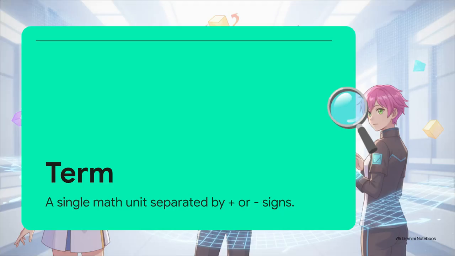It's also super important to remember that terms are only separated by addition and subtraction signs. You can think of those plus and minus signs as structural boundaries or actual walls in your math sentence. Multiplication and division, they act like cohesive glue, binding numbers and letters together into a single unit. So something like 8xyz is literally just one single term because it's all glued together by multiplication. But the moment you drop a plus or minus sign in there, you've built a wall and started a brand